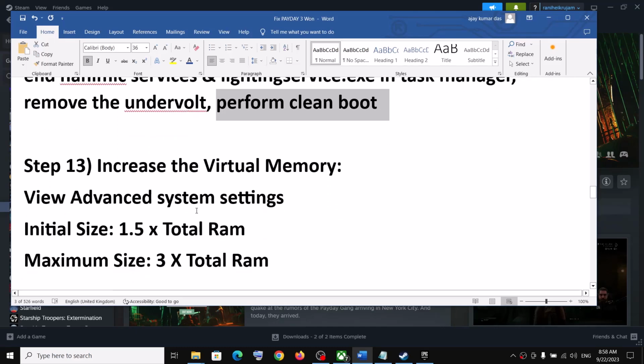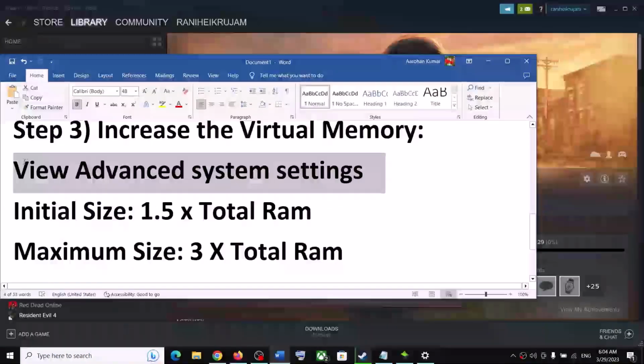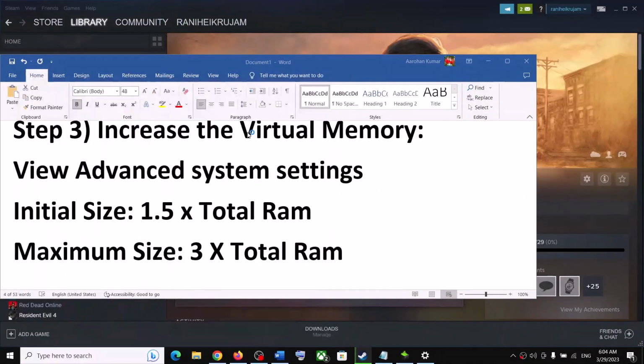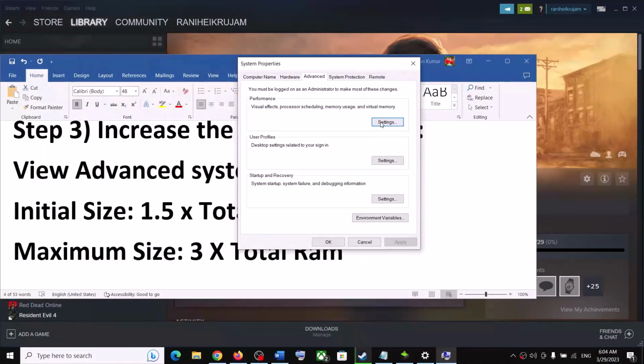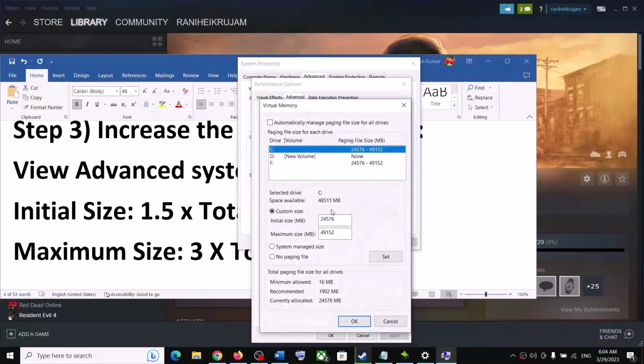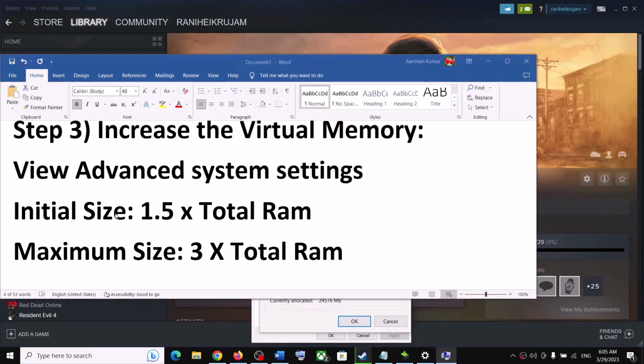Next step is to increase the virtual memory. You can type in view advanced system settings in the Windows search box and click on it, then click on the first settings, go to the advanced tab, and then click on change over here. Now select the drive where the game is installed. Uncheck the box which says automatically manage paging file size for all drives. So you have to uncheck this box, then select the drive where the game is installed, and then the initial size is